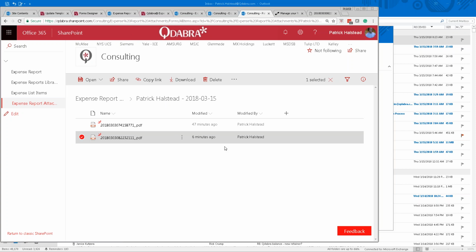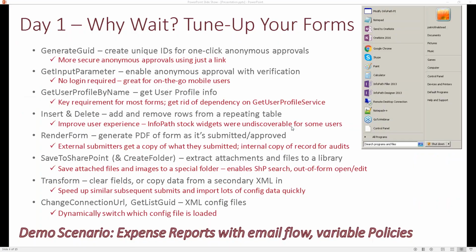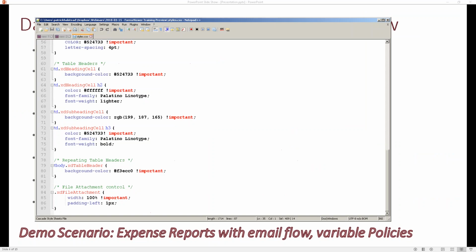And that's nice because that allows me to send an email to somebody, and if they're on the go, they don't necessarily need to log in, open the form. They can just click on the PDF. And then they can just click on a one-click button here to approve it. Now, if you look at this one click, let's just take a look at this in Notepad. This is a really clever technique that we've demoed in the past. I don't have Notepad launched, so I'm going to launch Notepad++, and we'll just create